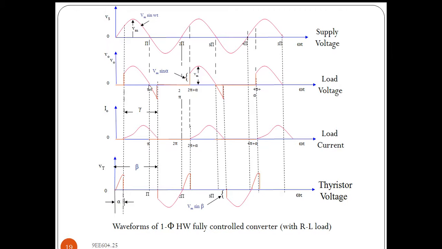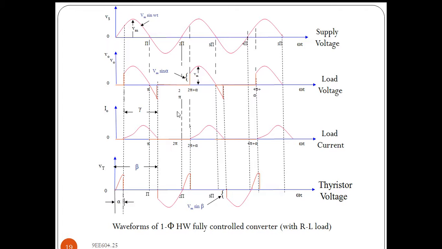At that time, the output voltage goes in the negative direction for a small duration. That's why we observe these negative spikes in the output voltage